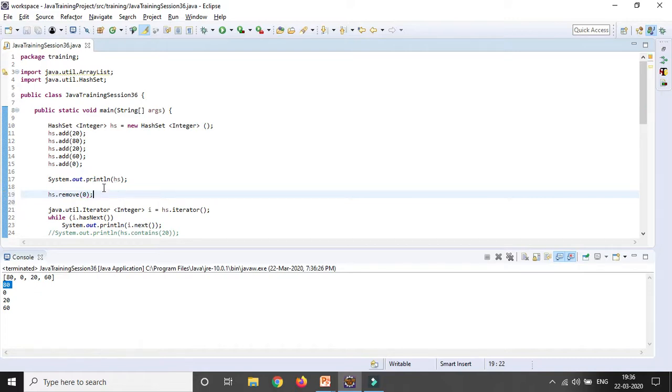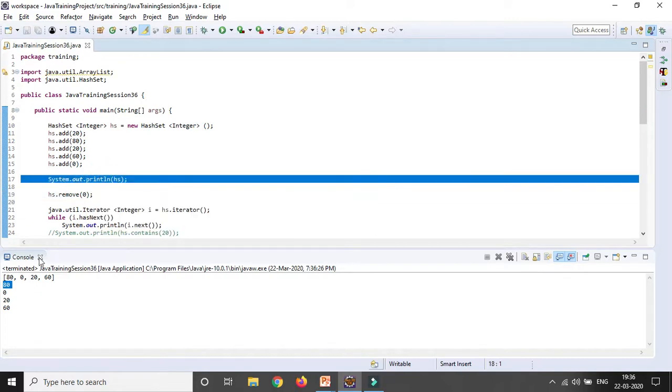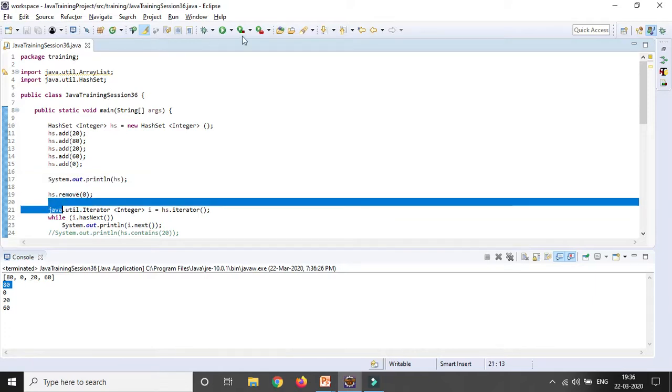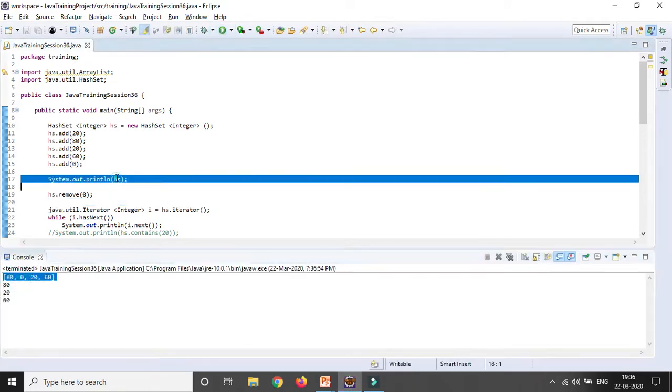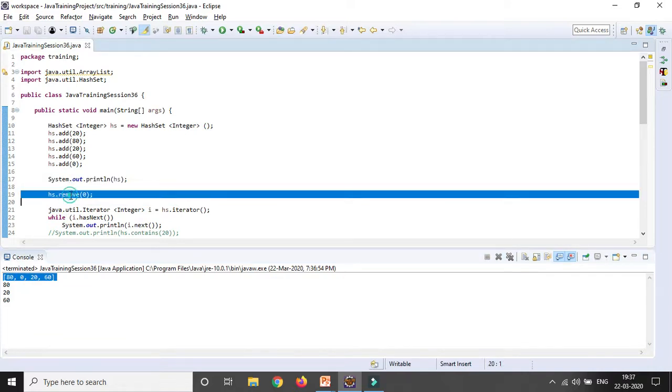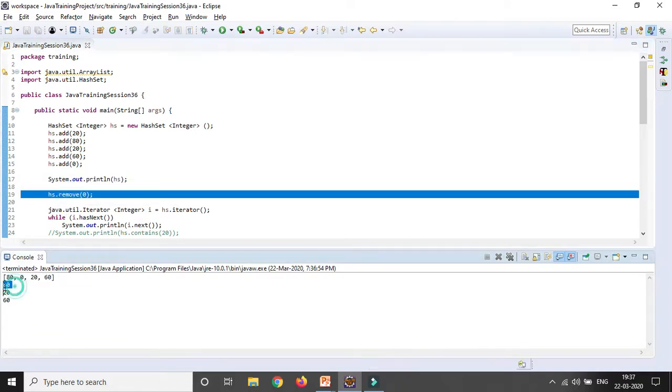First all the values will be displayed in the array format, and then I am removing 0 and the other values will be displayed using the iterator. You can see first everything is coming, because 0 is also there. After that I am removing 0, so the rest of the values are displayed in random order. Okay, so that's all about HashSets.